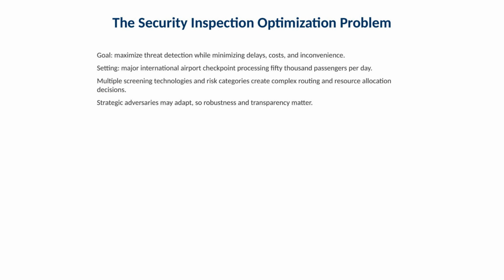In this chapter, we study the security inspection optimization problem, where operational efficiency must be balanced against public safety. The core objective is to maximize threat detection while keeping delays and costs under control. We also recognize that screening systems operate against strategic adversaries who adapt, so robust decision frameworks and transparent rules are